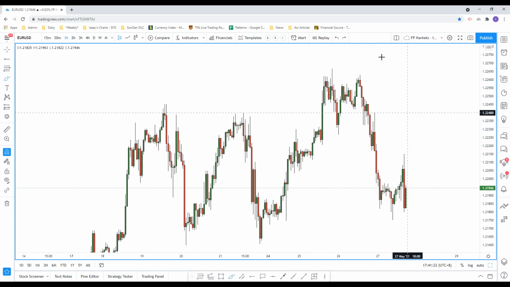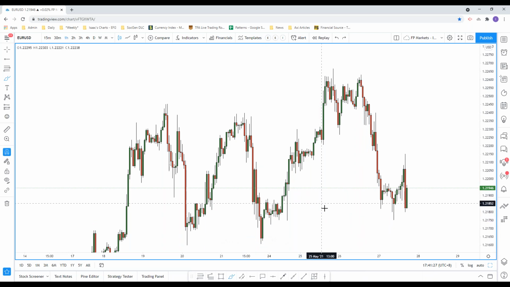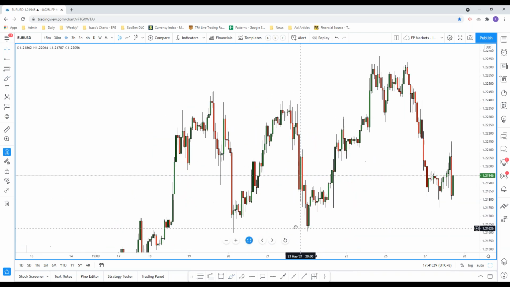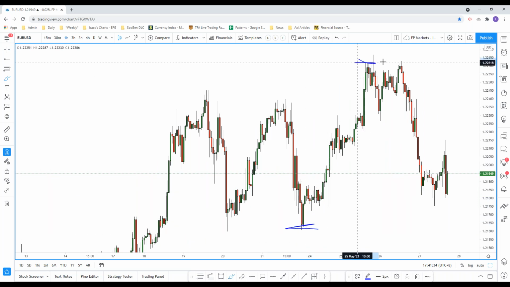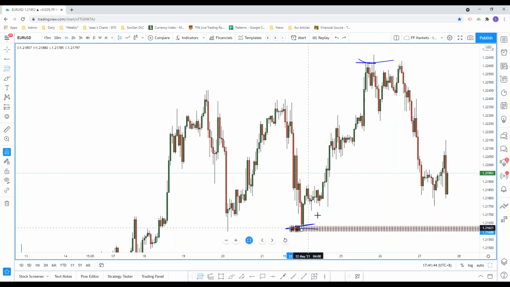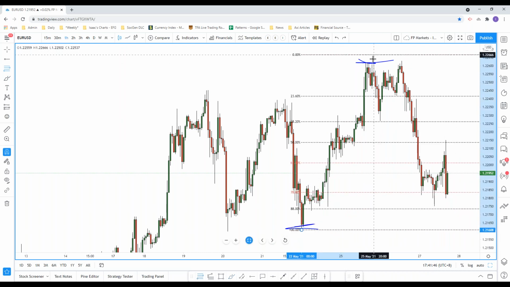Okay, price formed a double top pattern, right? It's a strong push up from this. Look at this, I'm going to show you guys an example. There's a swing low here, and then there's a swing high here. Any movement here are small movements compared to the big movements, so I will not consider them as swing high and swing low. So I can actually draw a Fibonacci retracement from the low to the high, and look what